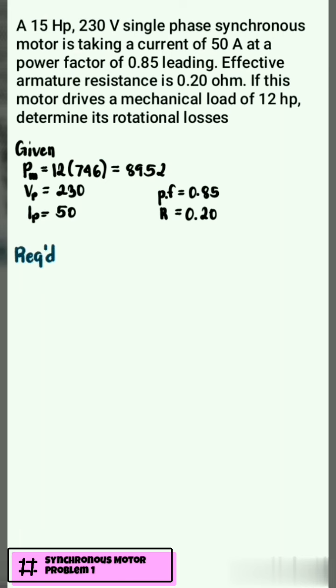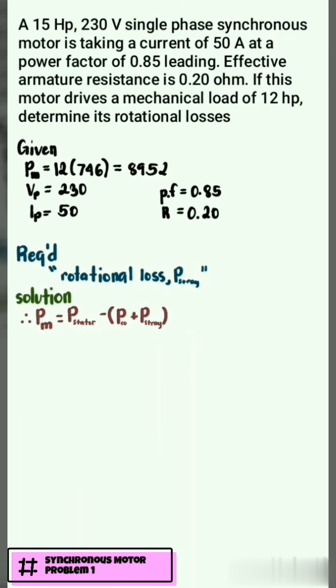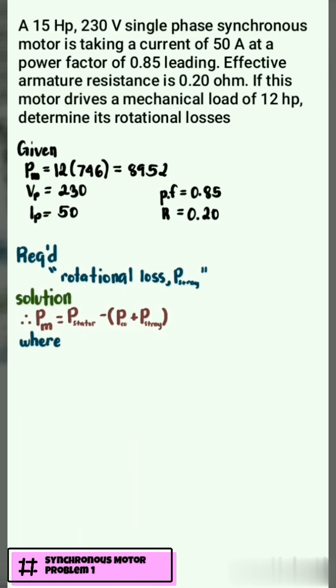So we are required to solve for the rotational losses or the P stray. Proceed to the solution. So we have your formula of Pm equals to P stator minus open parenthesis P copper plus the P stray close parenthesis, where the P stator is equals to